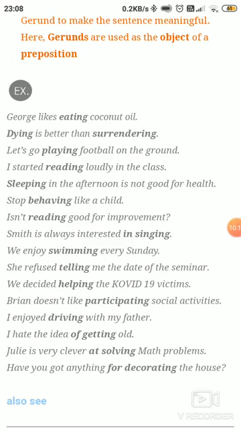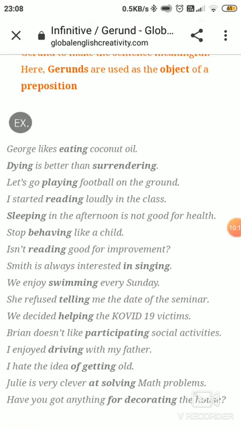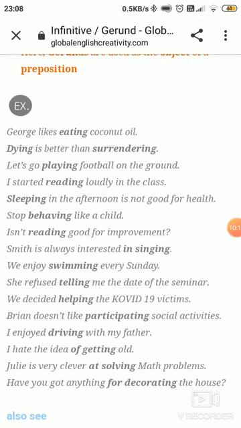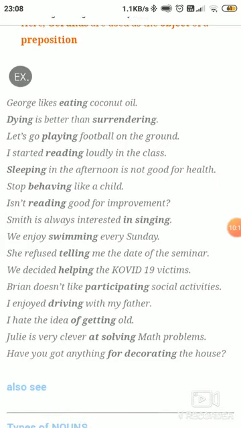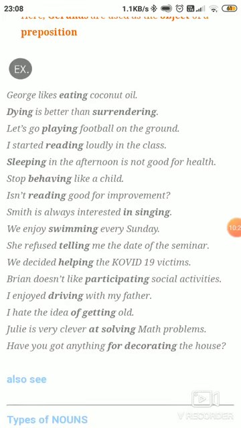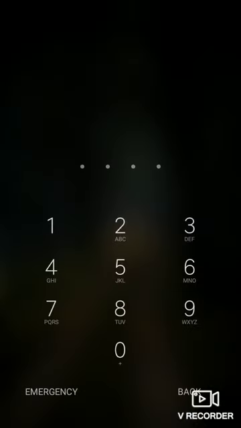As simple as that, children. 2 marks. You are ready with it. Only remove to and add ing if the infinitive question is given and you are asked to change that infinitive into gerund form. And if the gerund form is given, meaning the verb is highlighted with the ing addition, then remove the ing and add to before the verb. Understood, children?